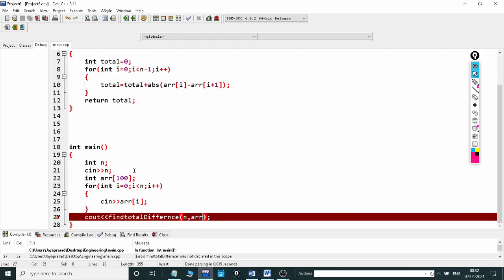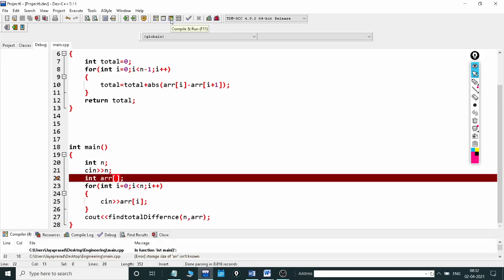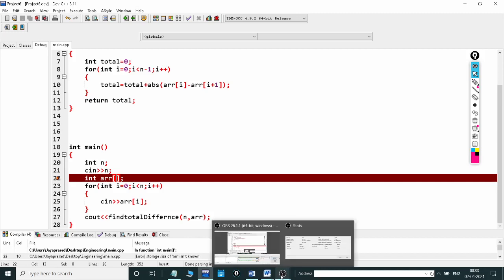Okay, fine. So in C++, there is no need of declaring the size of array, right? The size of the array is unknown. In main, int n. Wait guys, I will solve this problem.